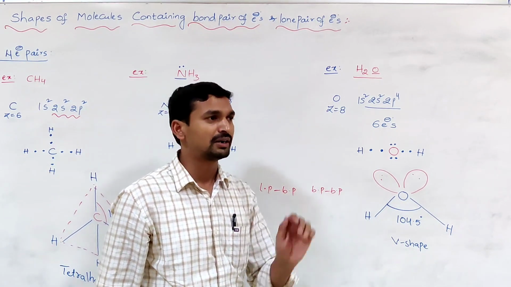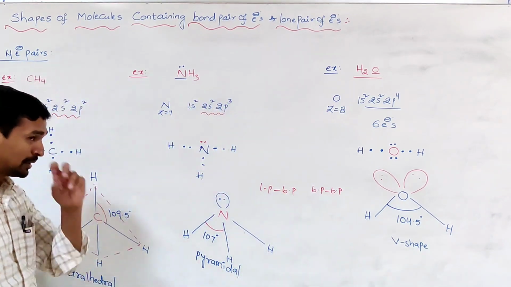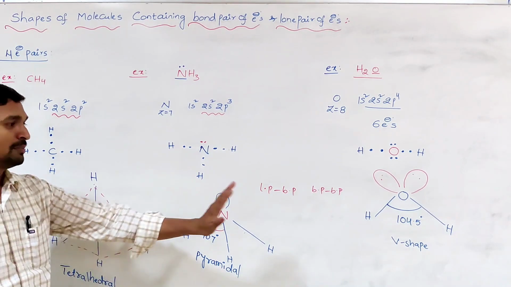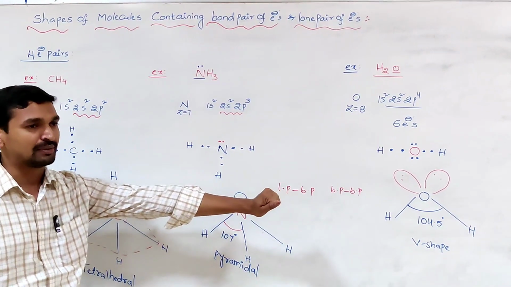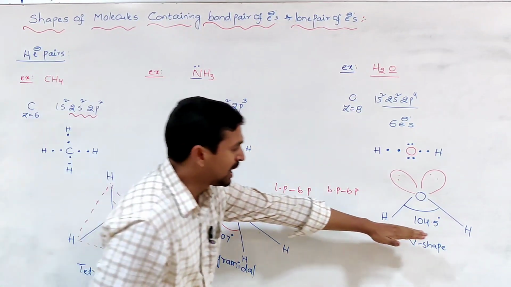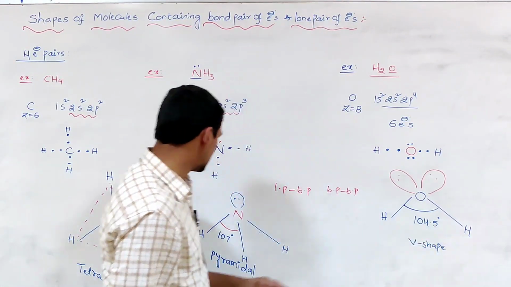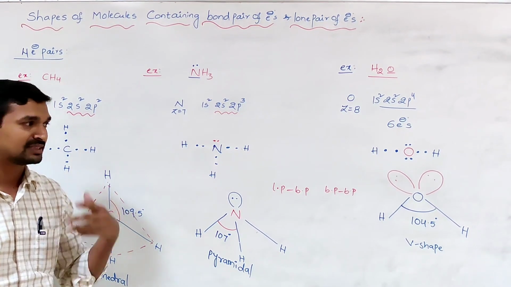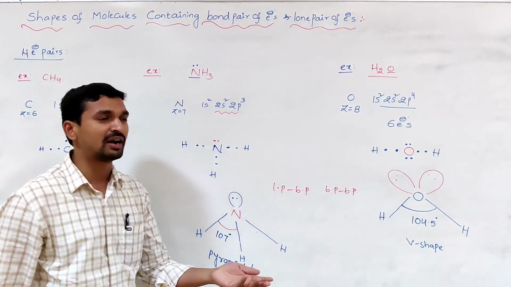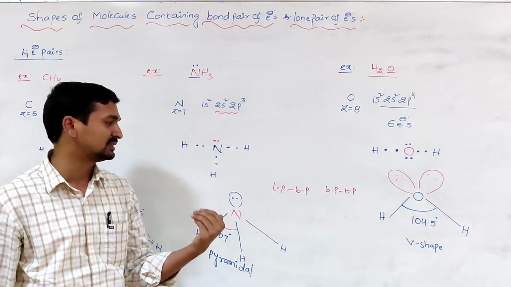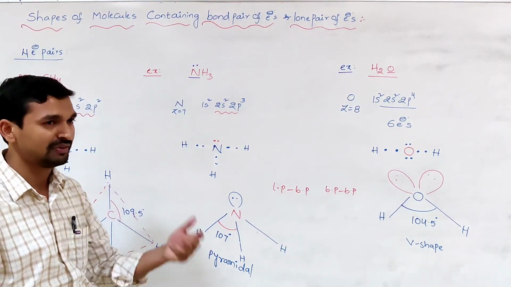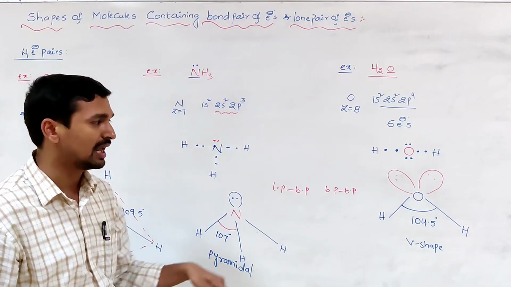Now here, one important point, compared to the rest of the examples we discussed, is the bond angle. Here, 104.5 degrees is the bond angle, but the expected bond angle is how much? 109.5 degrees. What is the reason? We mostly expect the same as the NH3 molecule or sulfur dioxide molecule, whatever we discussed so far. It is not like that.